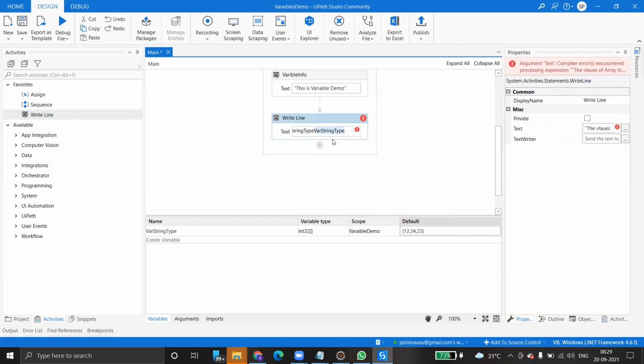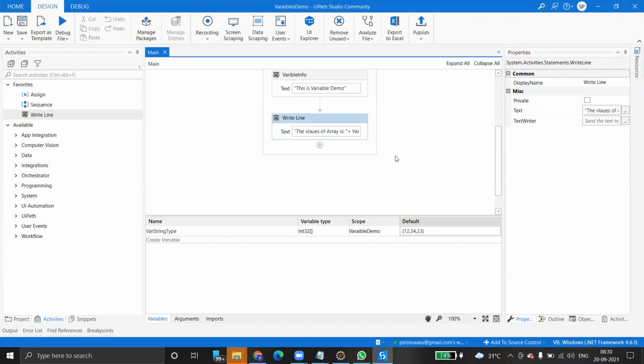So just delete it and add ToString, converting into a string. Ctrl S. Why are we converting to string? Because WriteLine can accept only string type. That's the reason we have to convert with ToString. Then only it will return the values, otherwise it throws an error.